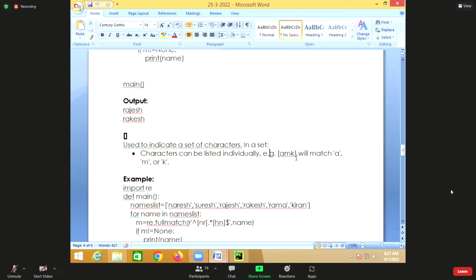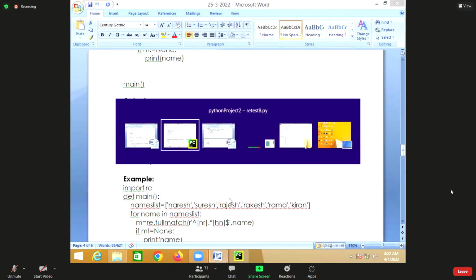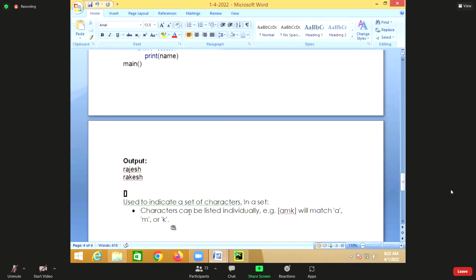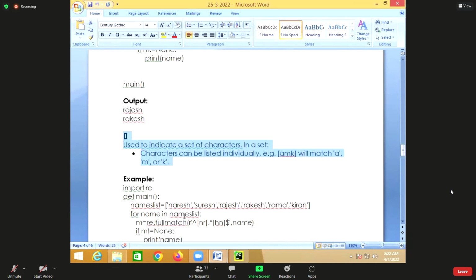For example, within the square bracket you can write A, M, K. If you write A, M, K, it will match A, M, or K. That is what you are defining within the square brackets. You can give individual characters, or you can also give a range.